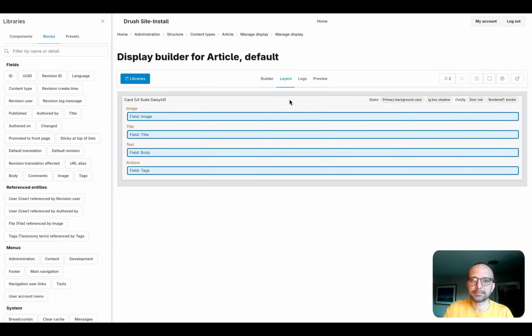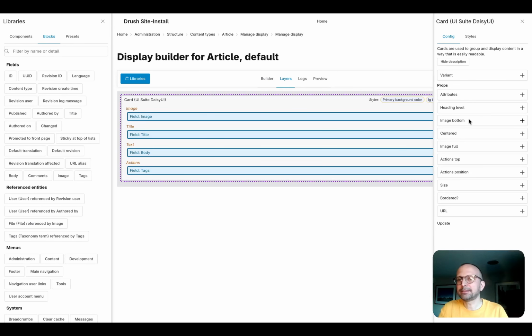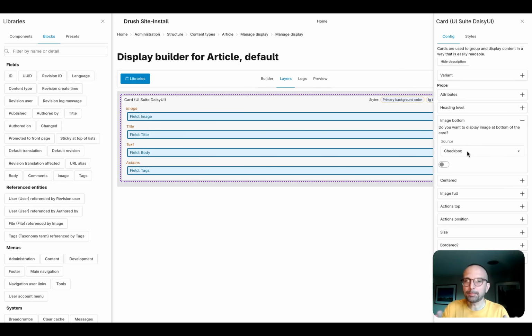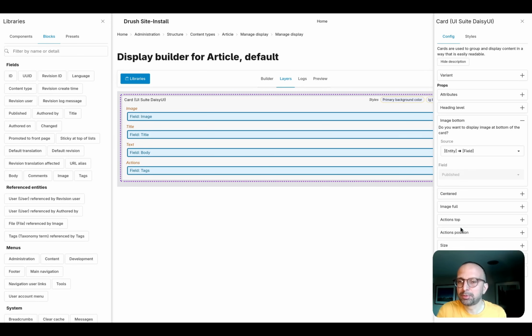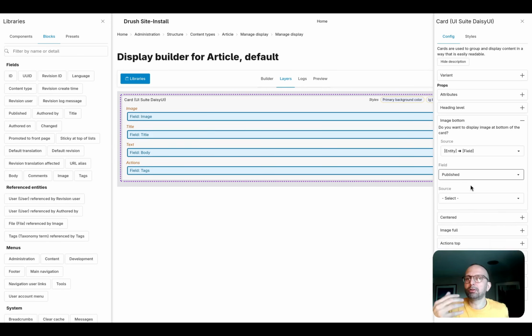For example, here, I can take a Boolean prop, so it's a checkbox, but instead of this widget, I decide to pick my Boolean properties from the article, and let's take, for example, published. So if it's published, the image will be bottom. If it's not, the image will be top.